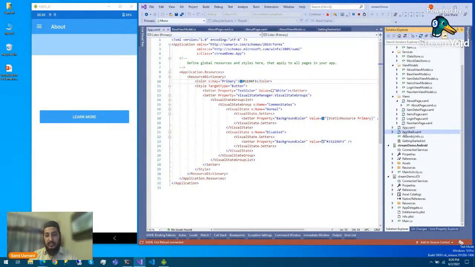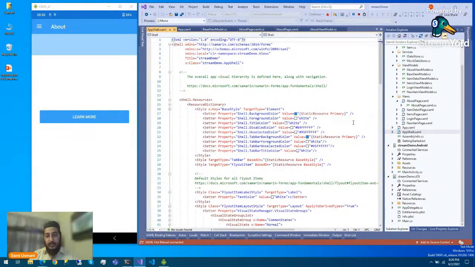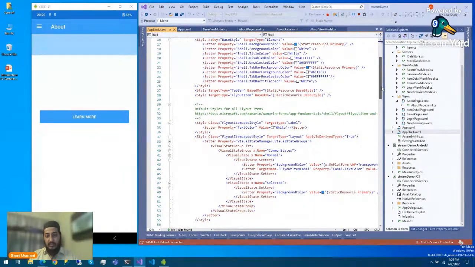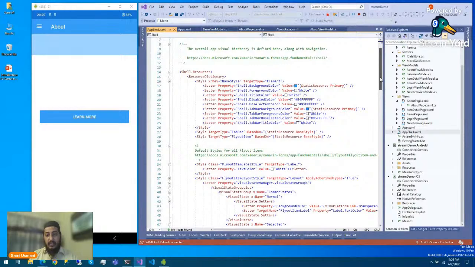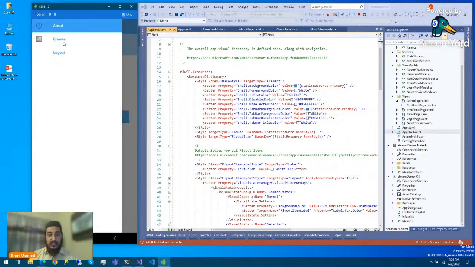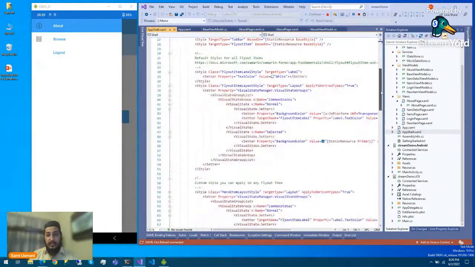And then this is AppShell.xaml. It is like the same thing, but it is for the navigation and multiple different things. Like we have here flyout pages. You can see this is about, this is browse, this is logout. All these are defined here.